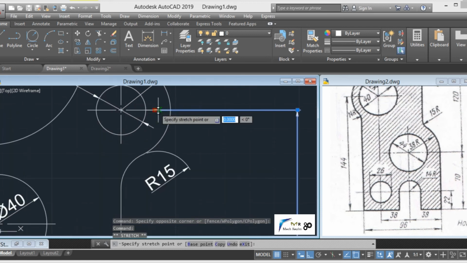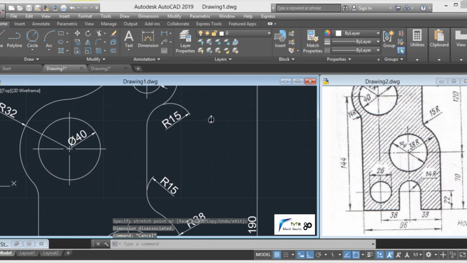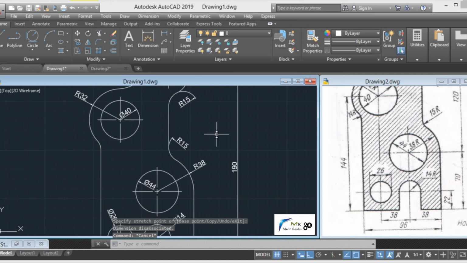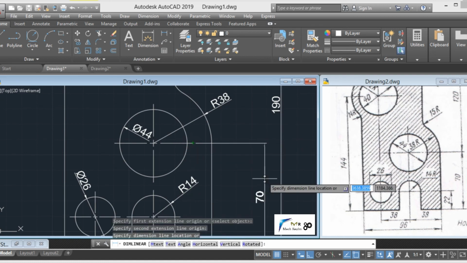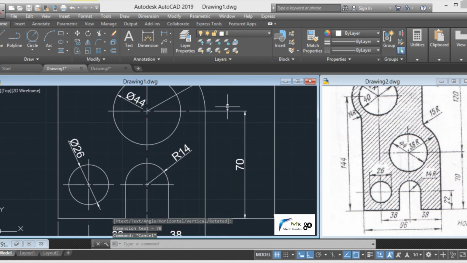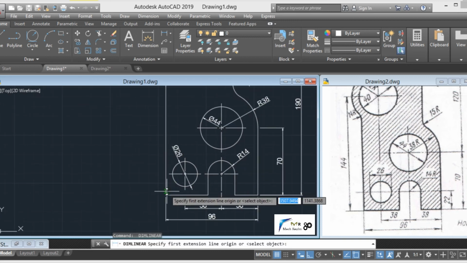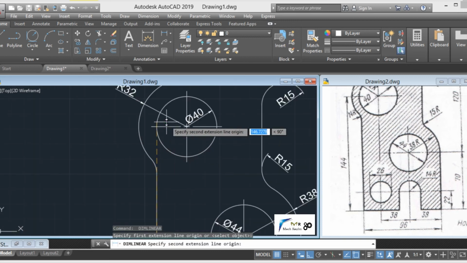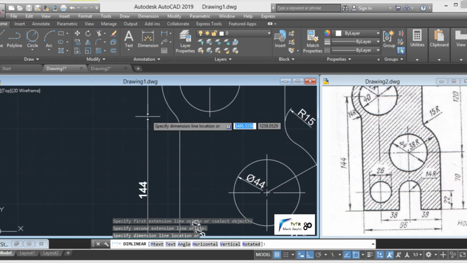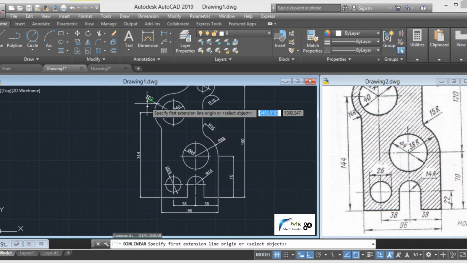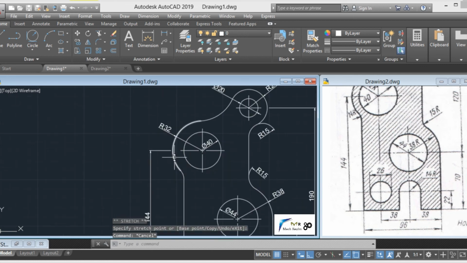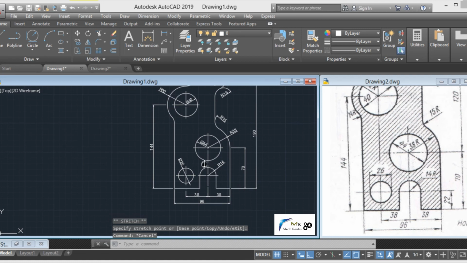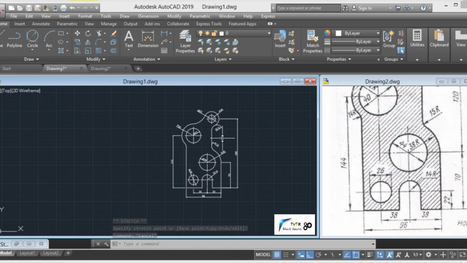This can be brought to the quadrant point in order to make it look neat. Now select linear, this bottom point and this circle, and scroll it towards right as 70 mm. Also, the distance from this point to this circle center is available on the left, that is 144 mm. In order to look much better, we have to scroll it to quadrant point like this. Clear? So our dimensions have been defined.